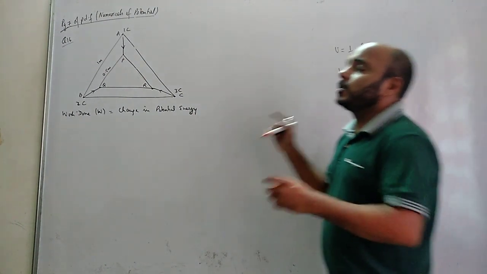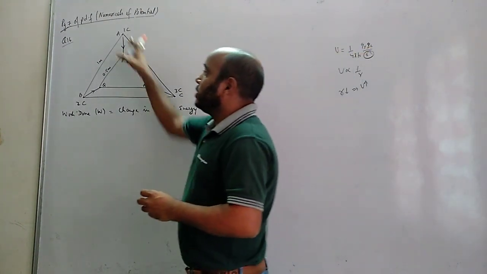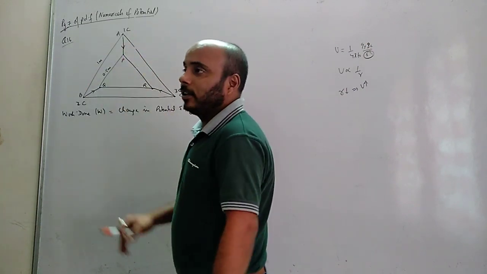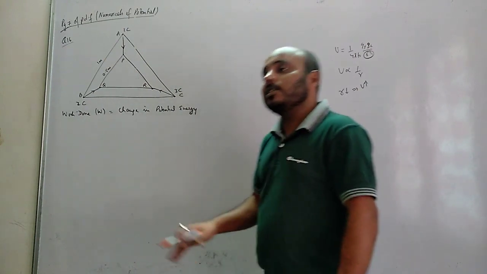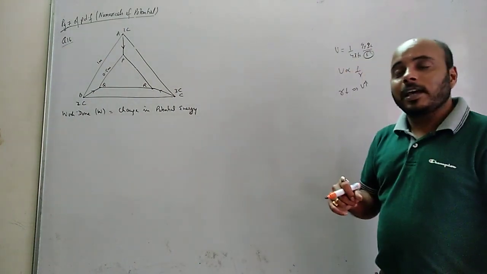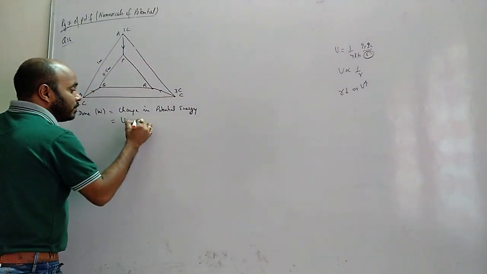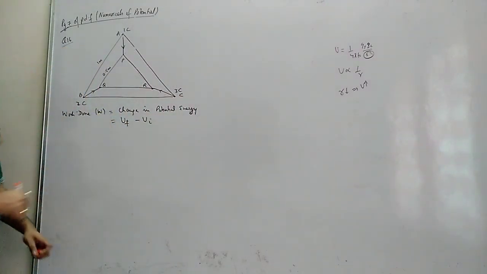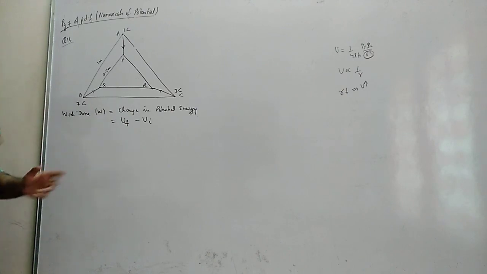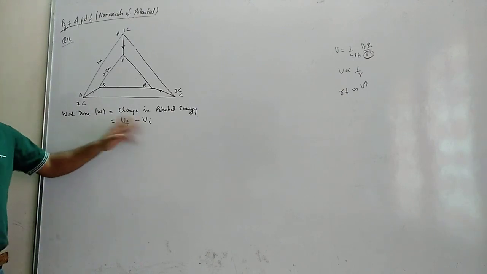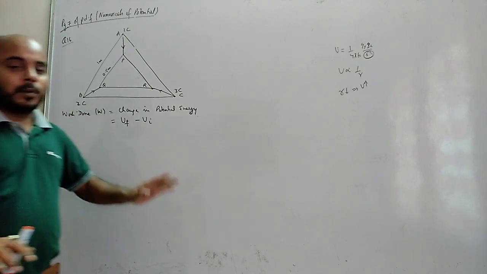So where the distance between the charges is less, the initial case, that is the bigger triangle, or the final case, that is the smaller triangle? Of course in the smaller triangle, the energy is more, and less in the bigger triangle. So I will go for final energy minus initial energy. We know the final energy is more. You understand class? They've asked for work done in the question, but we'll go for change in potential energy. So we need to find final potential energy and initial potential energy. That's all. This is my job.